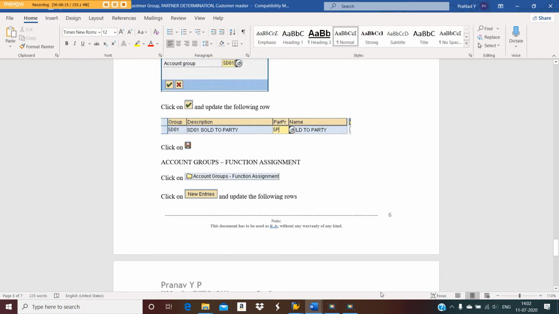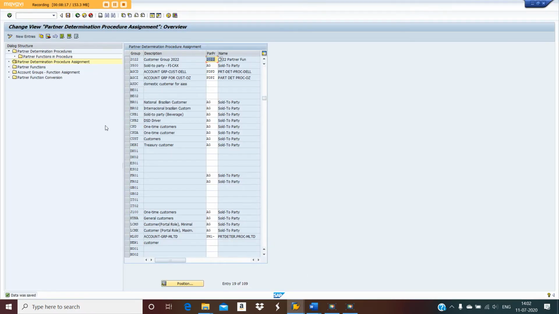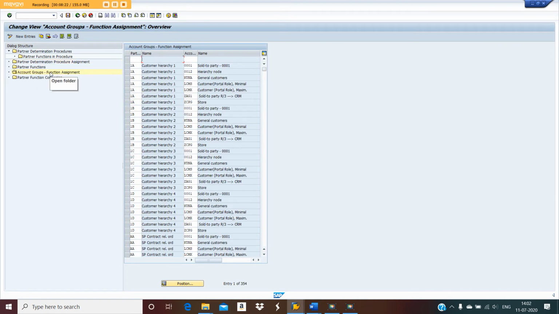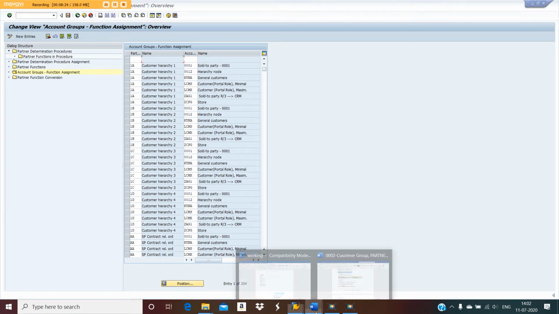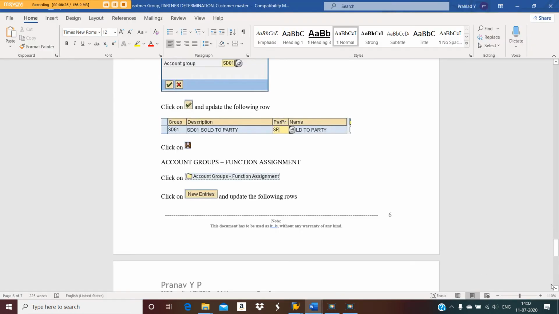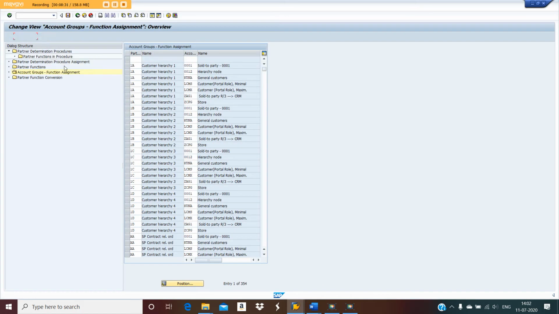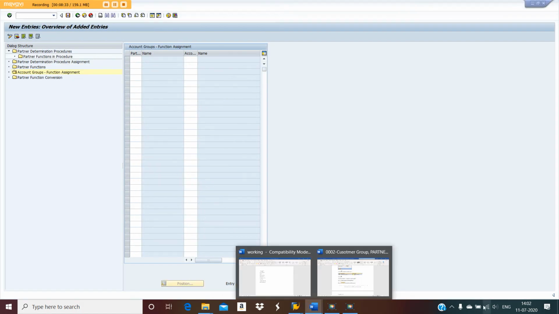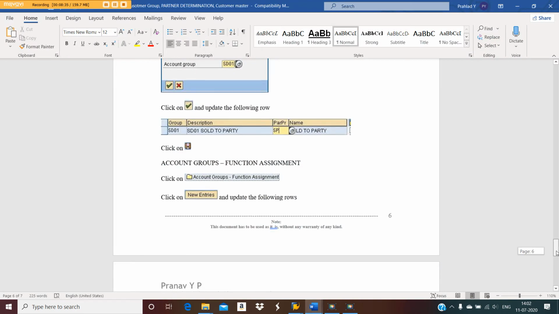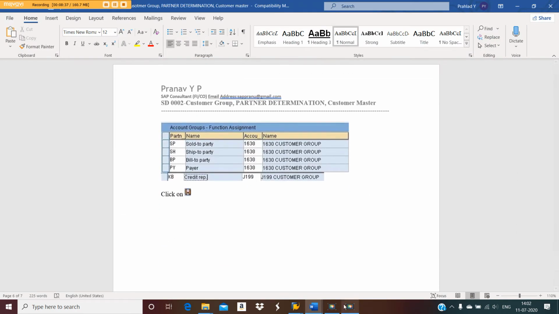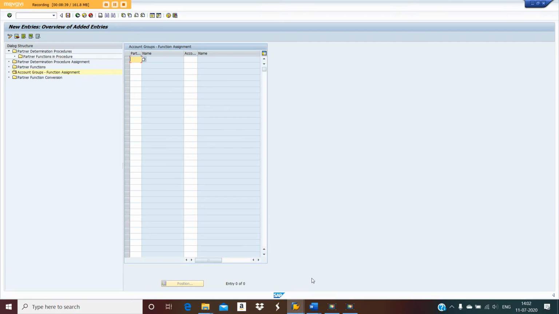Then account groups function assignment. Click on new entries. So SP, account group is 2022.